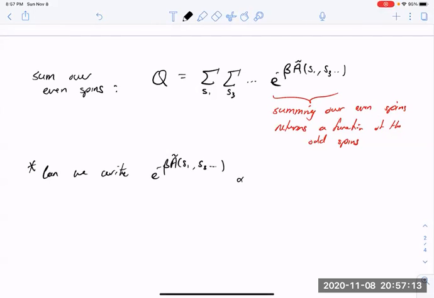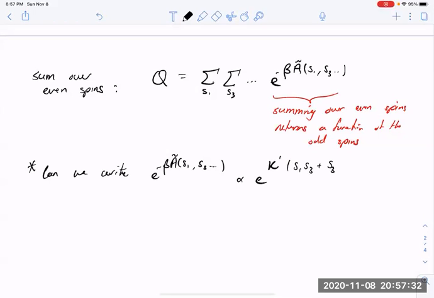Namely, can we write e to the minus beta a of spin 1, 3, 5, etc. as something proportional to e to the K prime, some new effective coupling constant, a sum of S1 times S3